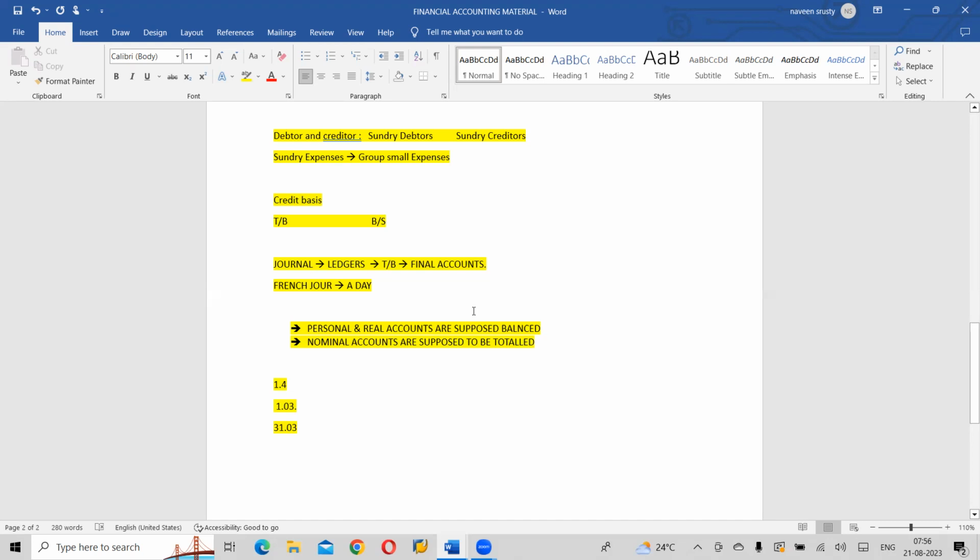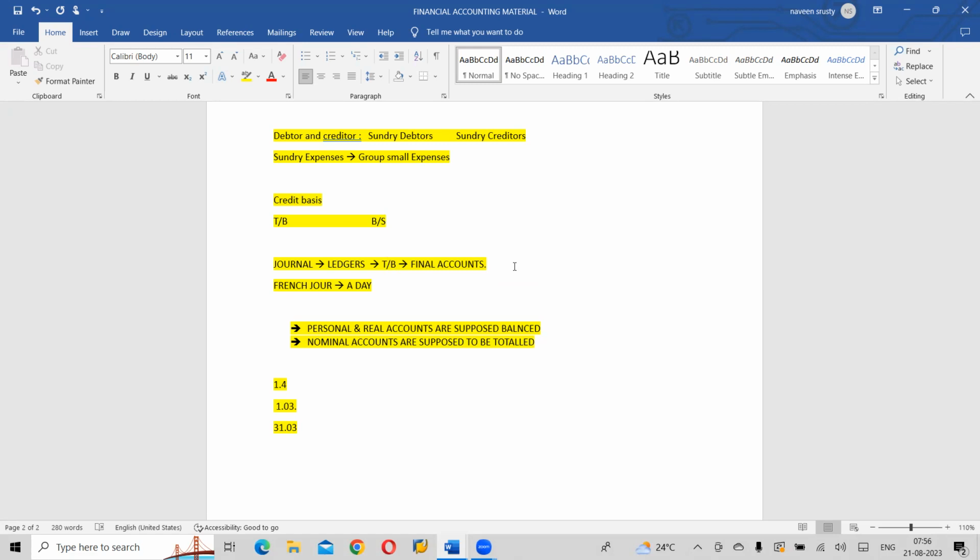Yeah. Next one, last but not least, you know now why we call it a trial balance. In final accounts, we will prepare trading, profit and loss, and the balance sheet. So people may ask why we call it a balance sheet. The balance sheet will have assets and liabilities, and both will be equal at the end. Correct? Then why are we calling it a balance sheet? Why can't we call it a total sheet? We won't do any balance, right? We will do the totals.